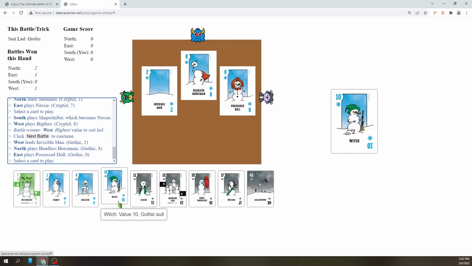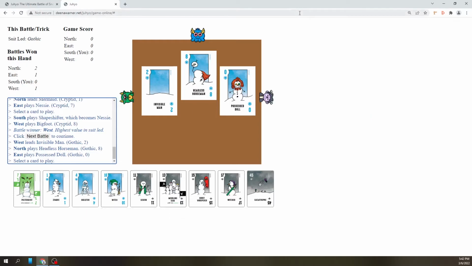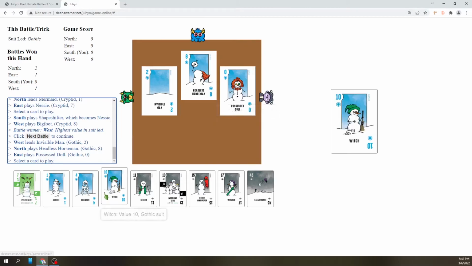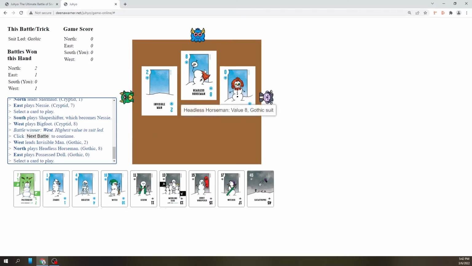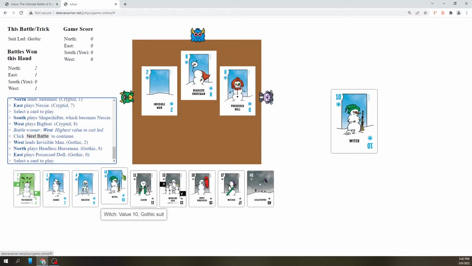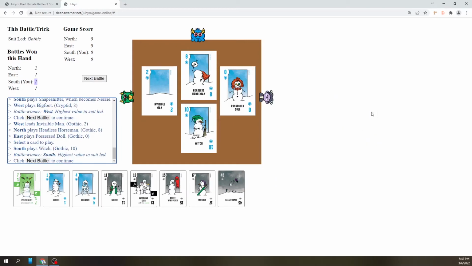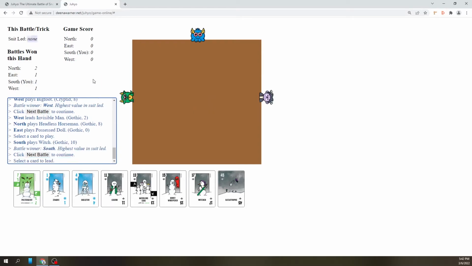The only way I might not win this right now would be if somebody threw the Snowball on my card and knocked it out. And the only person who would strategically benefit from that would be North. So if North has the Snowball and I play this and he knocks my card out, he would win. But we remember from a previous trick that he played a different enhancement, so I know he doesn't have Snowball. So I'm going to go ahead and play it. And I was right for once. South won. I had the highest value in the suit led, so now it's mine again.